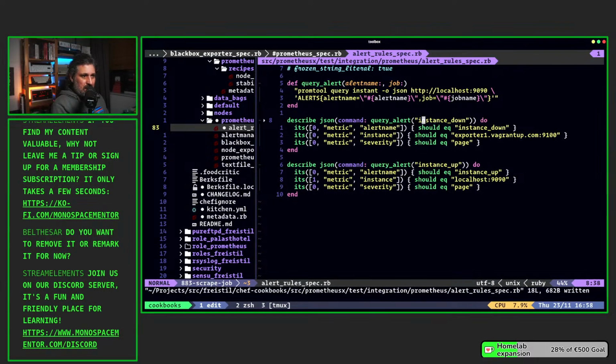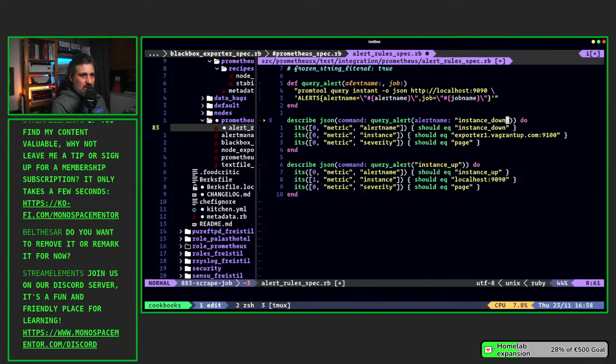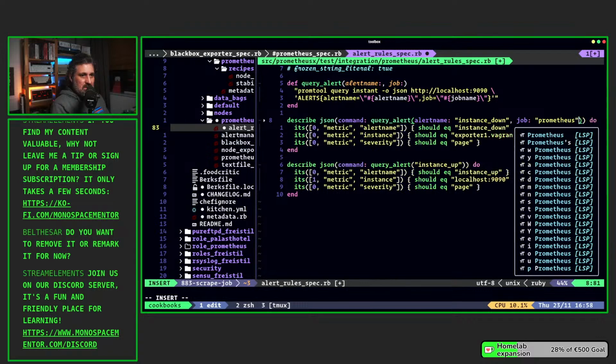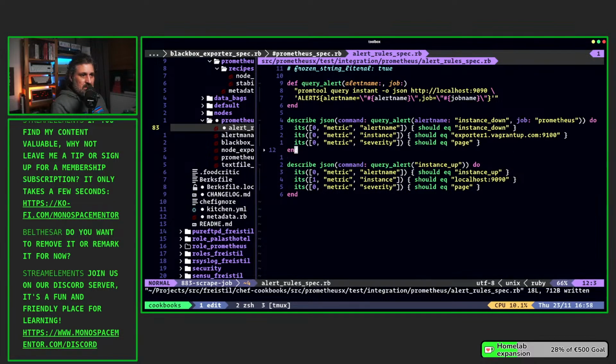And that way we'll do alert name instance down, job Prometheus, and here instance up, also job Prometheus, because that was